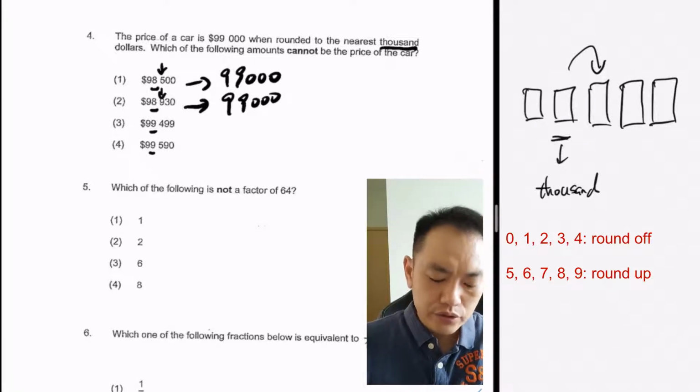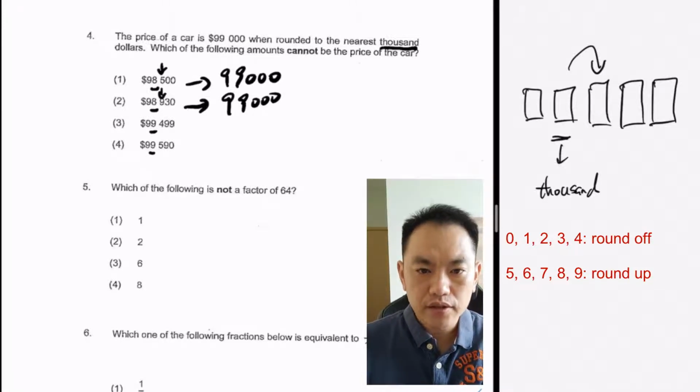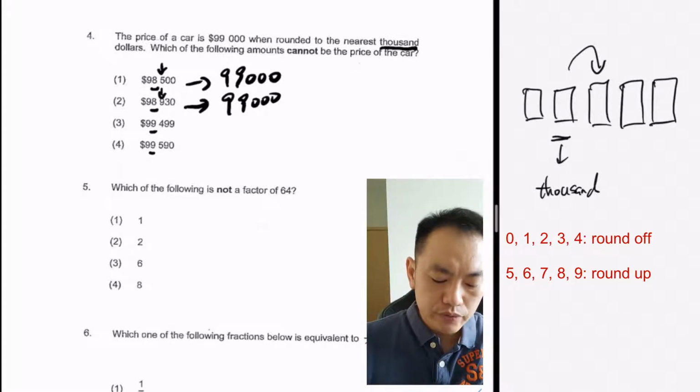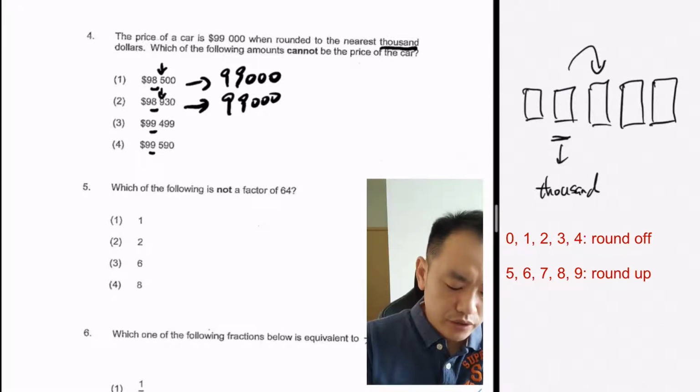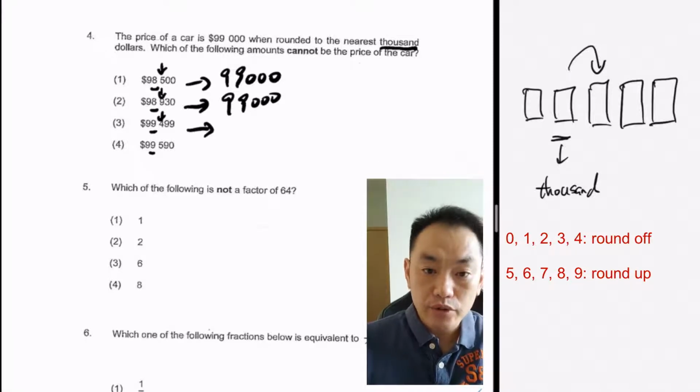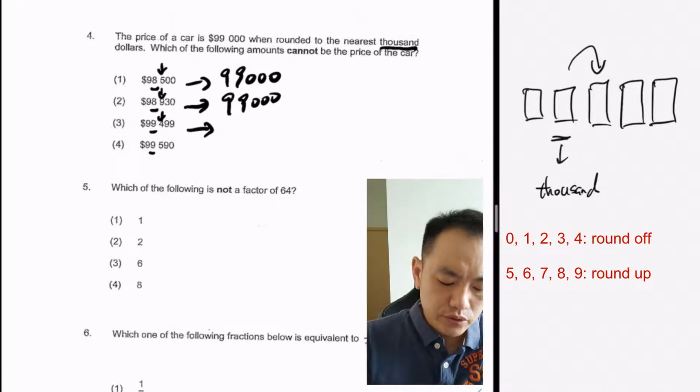99499. You don't need to worry about the last two digits. You only look at the digit next to the thousands place, which is 4. That means you need to round it down, so this will also round to